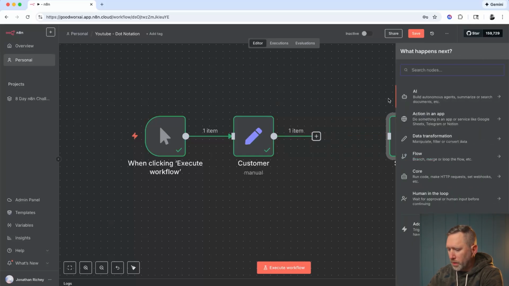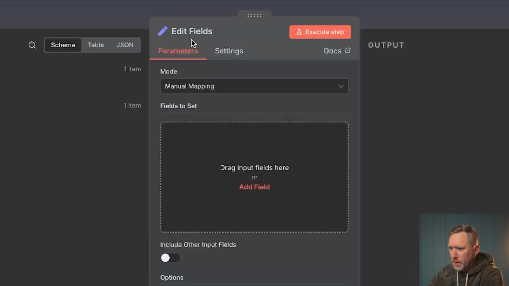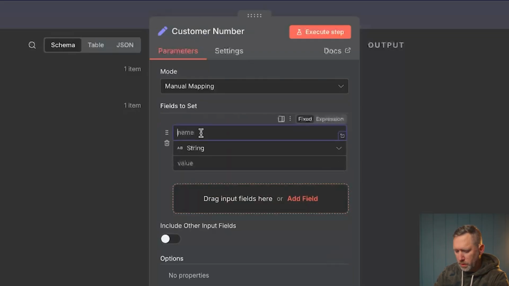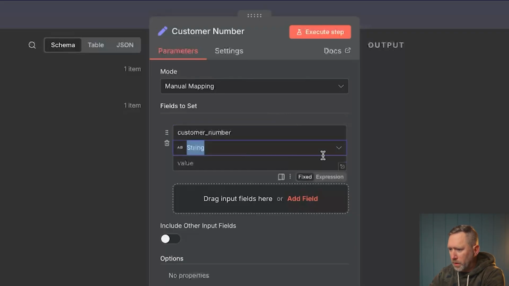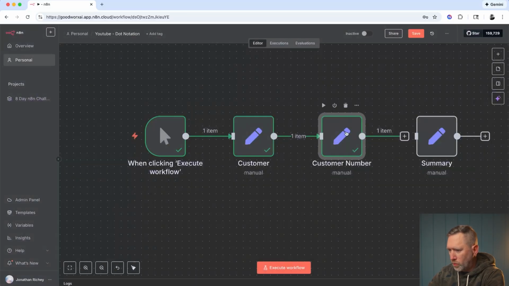So I'll click on the plus icon. I'll search for edit fields. Let's name this customer number. And we'll create a new field and we'll call it customer number. We'll make it a type number, and we'll give it a value of 1, 2, 3, 4, 5. Now, if we reconnect this new node to our summary node, if we hit execute workflow,